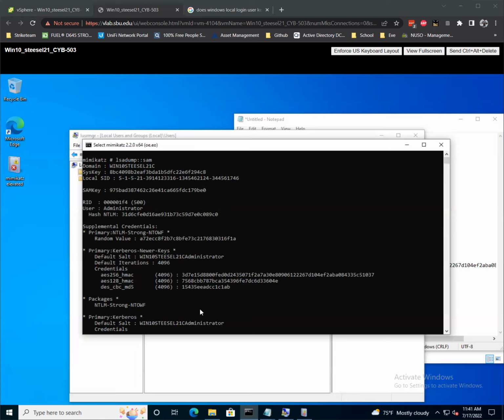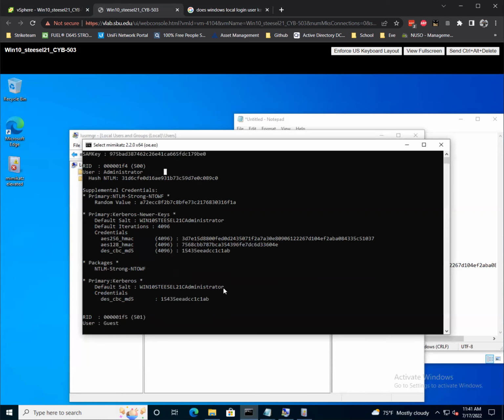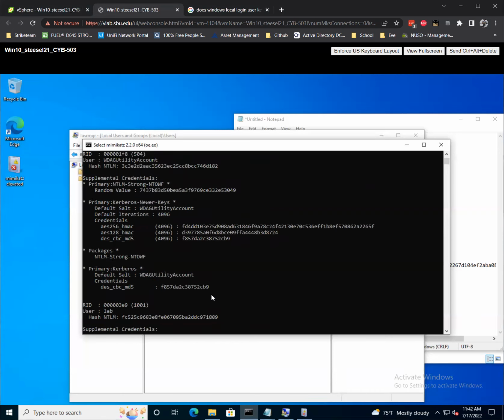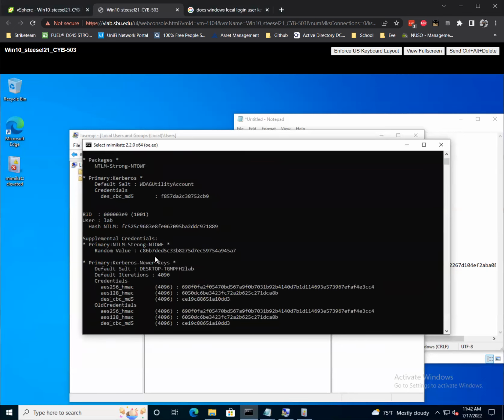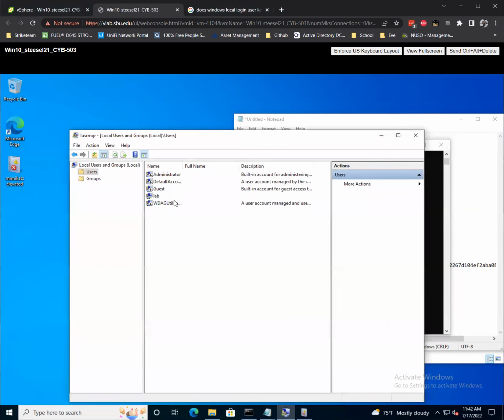So initially what I did was I got mimikatz running. You have to initially check to see if you've got the correct debug privileges. If it returns 20, you're good. So right out the gate I did an LSA dump of the SAM file to get all of the hashes of the passwords and so forth. And you can see them here. There's not many accounts. We've got lab, guest, default account, WDAG, and the administrator, which all except for lab